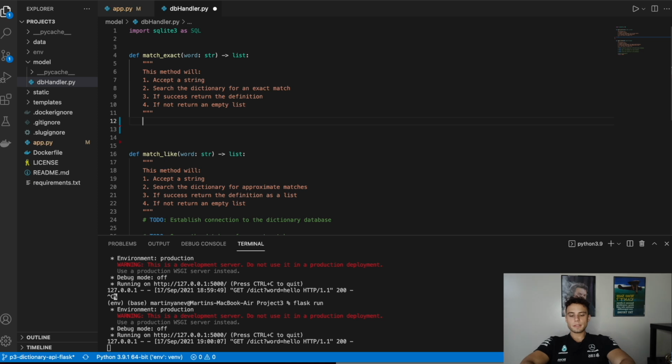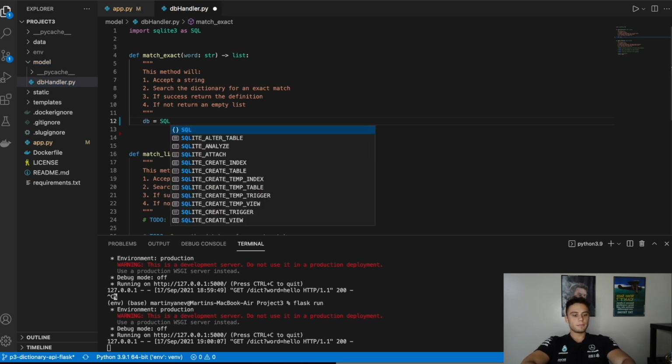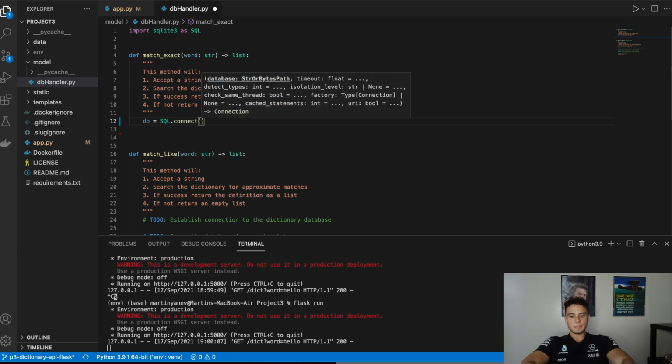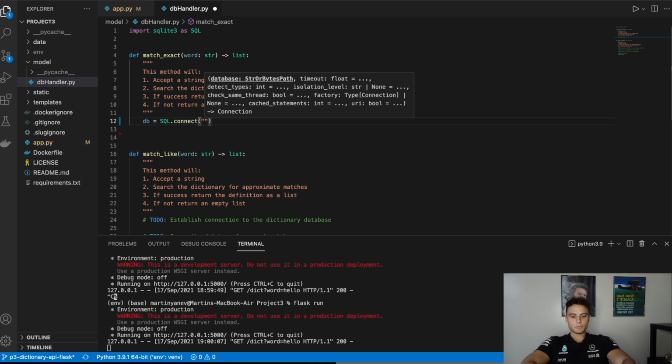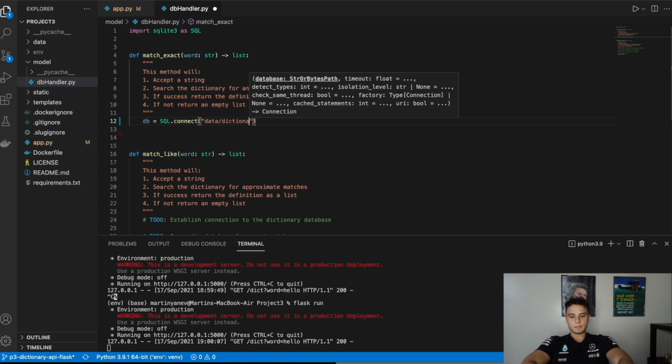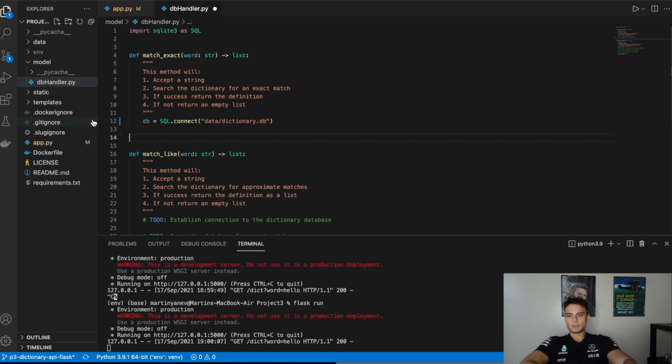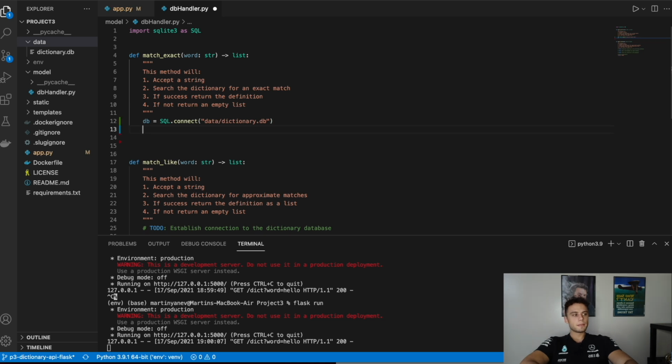First of all, let's create a variable that will actually refer to the database. I will do db equals SQL, which is our database, dot connect, and then I will do data. Actually, let me put that in parentheses. So data slash dictionary dot db. In dictionary.db, if you see here, it is basically the database located in the data folder. That's why we do data slash, so we can access the folder, and then we access our database. Okay, and then let's do